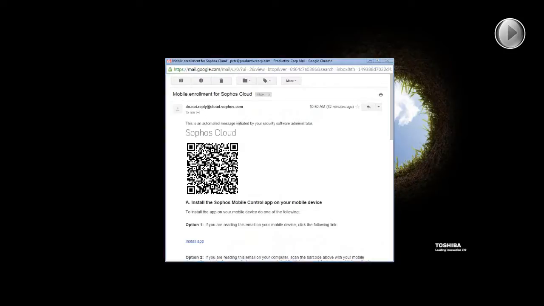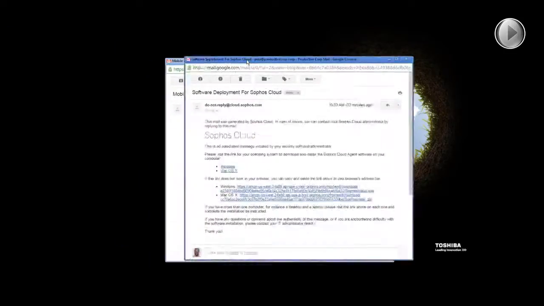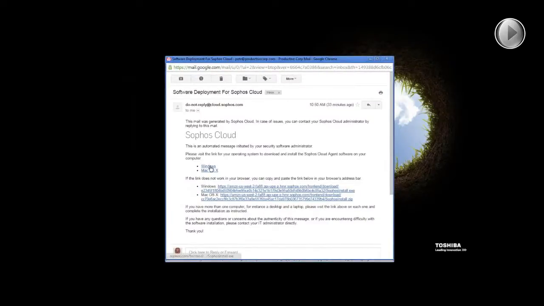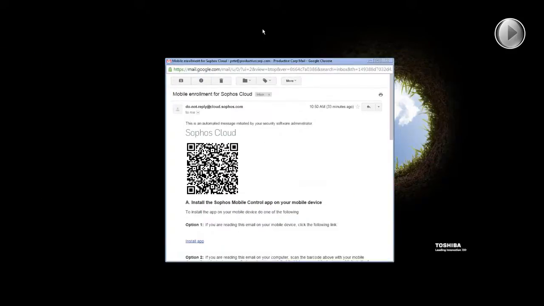For the endpoint, I can do the same thing, but I'm going to send them a link to the endpoint code, which is going to allow them to download either the Windows or the Mac OS and deploy that endpoint agent on their machine. These agents are tied right back to my console, so once that agent is deployed either on a phone, a tablet, laptop, workstation, server, whatever it is, it automatically is connected. So if I actually sent this code to one of you all and had you deploy it on your machine, I would be controlling it from here without anybody having to do anything. So you want to make sure that you're only using the codes that are tied to your specific account.